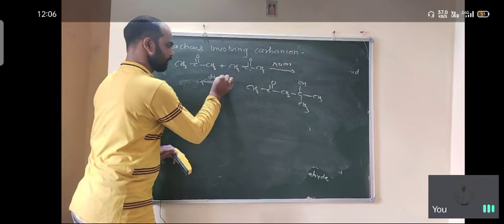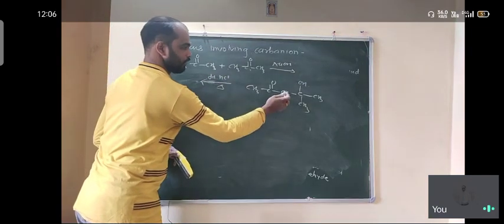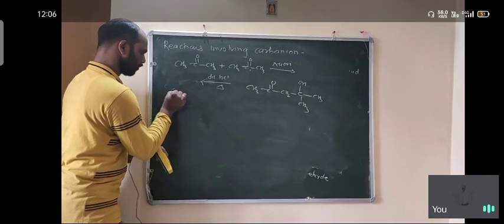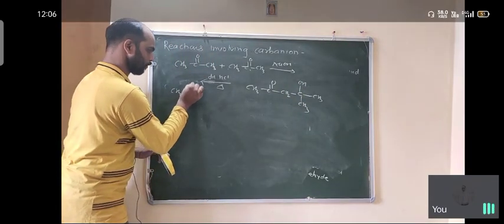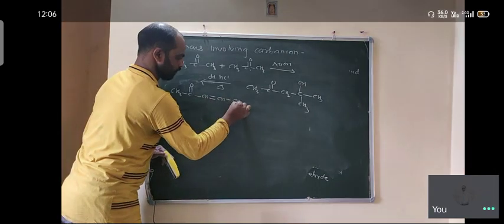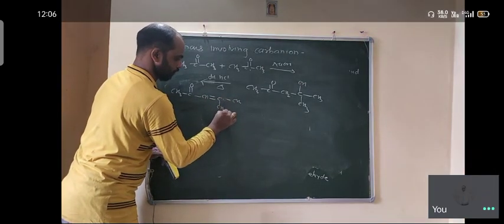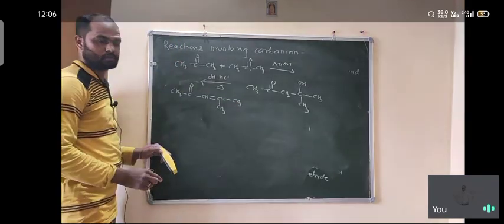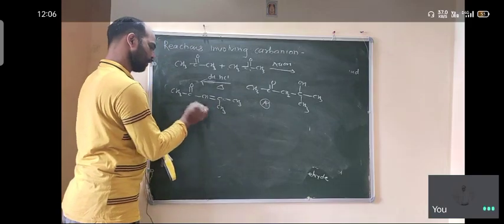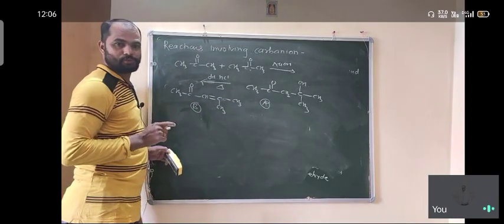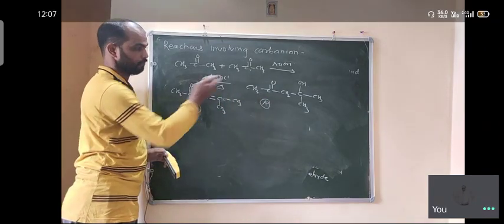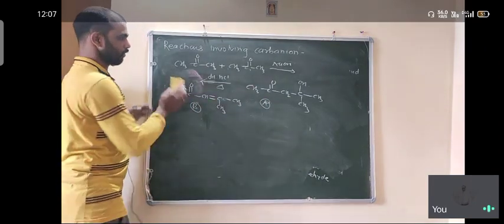Suppose dilute HCl and heating conditions are given. Then this H and OH are removed, with formation of a double bond. So CH3, C double bond O, CH double bond C, with the two CH3 groups. This is the product. Because if you see the exercise in a book, A and B are given to you. So this is A, this will be B. So A and B are the products.